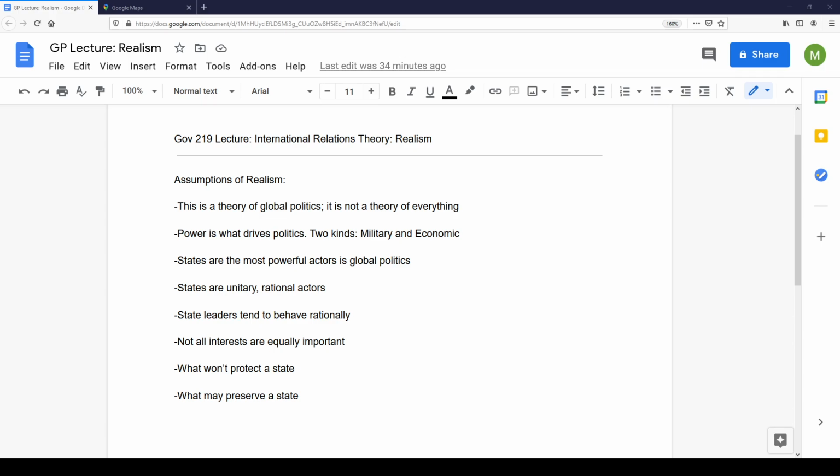None of these theories are perfect. The issue is always which one does better than others. So, what does it argue? This point usually gets obscured in introductions to realism, and it kind of gets placed a little bit lower down in the scheme of things. But I think that this is actually the starting point for discussing global politics.